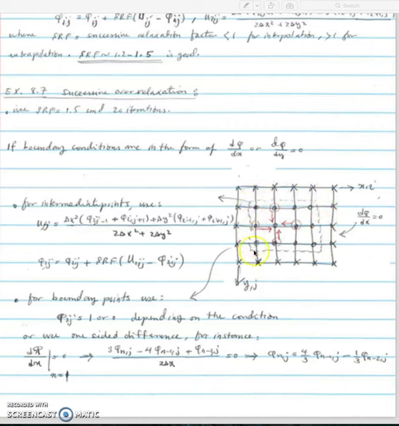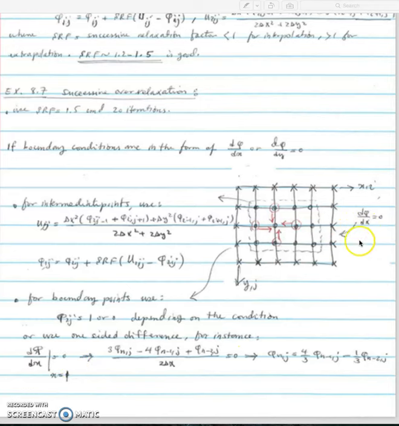So for intermediate points, nothing has changed. For intermediate points, we still use our successive relaxation method with the accelerating factor SRF. Basically, using Phi's, we calculate the u, and then from u, we calculate the new Phi for the intermediate points. Now, for the boundary points, if they are given as Phi-ij equal to 1 or 0, then we can use them exactly. So I don't need to even iterate over the boundary points if the Phi's are given. Or if the Phi is in the form of a derivative like this, I use